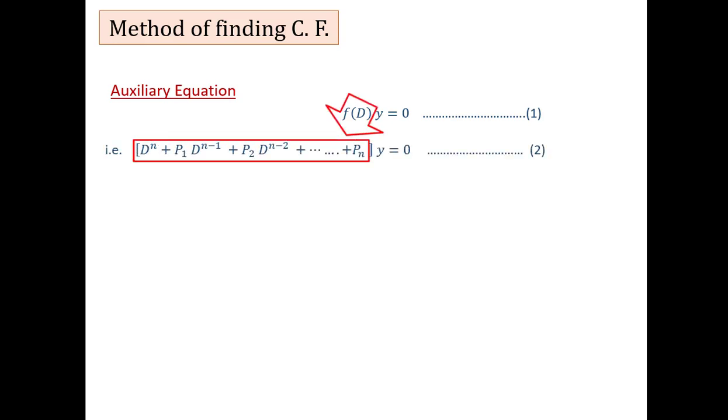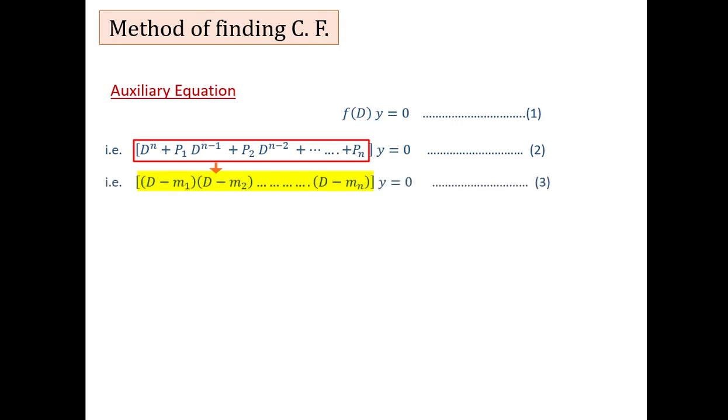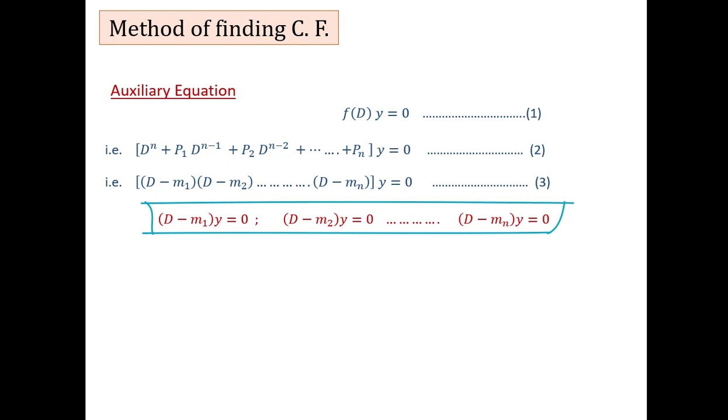Complementary function is actually the solution of the differential equation f(D)y = q when its right hand side, that is q, is replaced by 0. Now for complementary function, first we will find auxiliary equation. Consider a nth order linear differential equation with constant coefficients of the form f(D)y = 0. Here, f(D) is an algebraic equation in D of degree n, which is equivalent to the equation. Now the solution of any one of these equations is also a solution of equation 3.